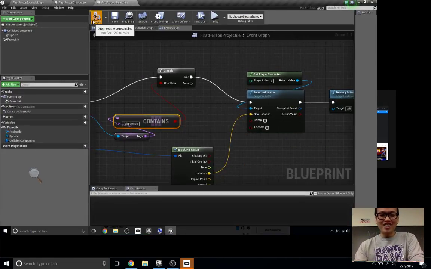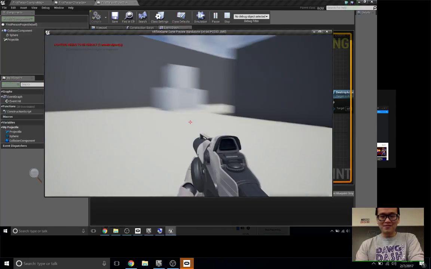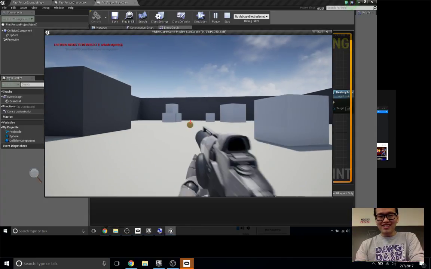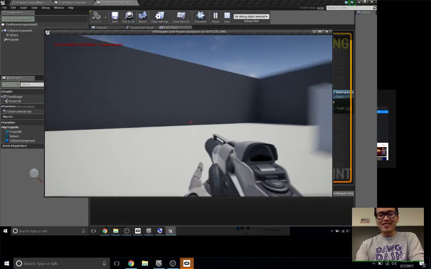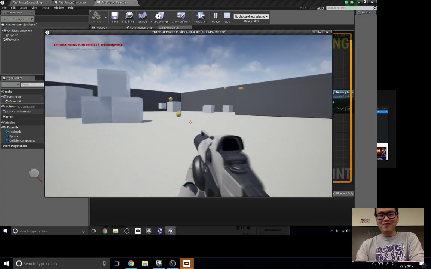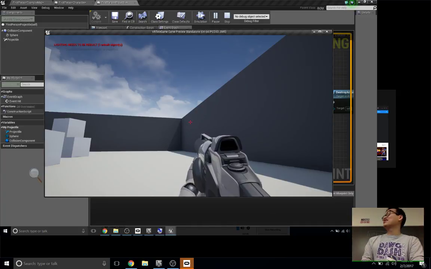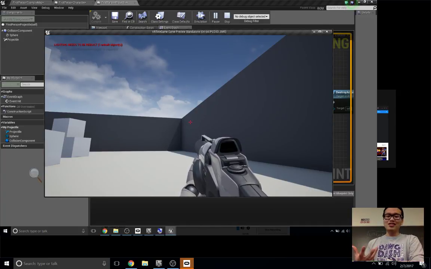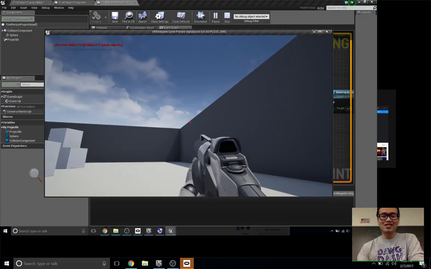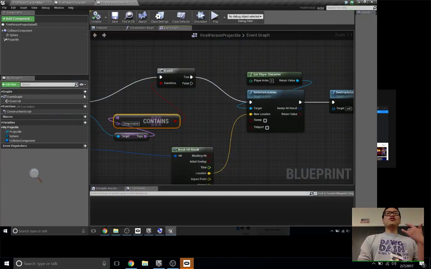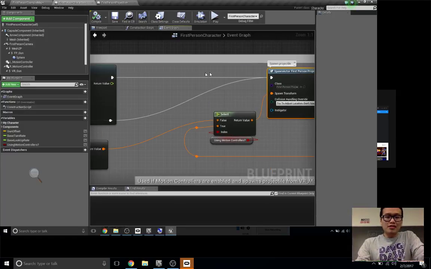Okay. So now it basically makes more sense of the game. You see that it's firing really fast right now. So the next thing I want to do is constrain this a little bit so that you can't just shoot like crazy. I want to constrain it so that you can only fire once every 1 second. So that's just changing the fire rate.